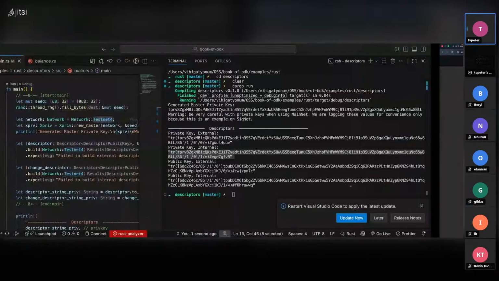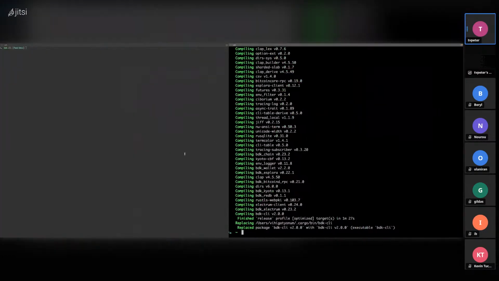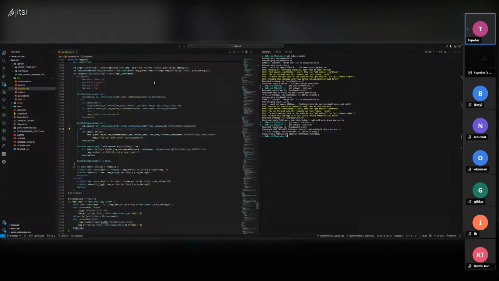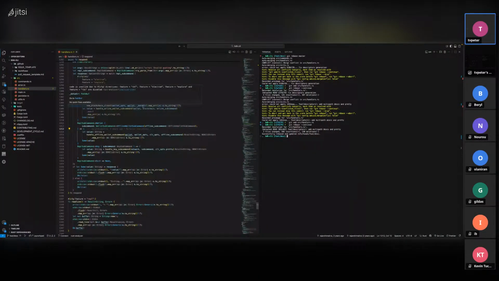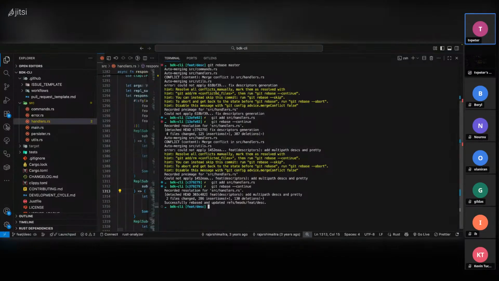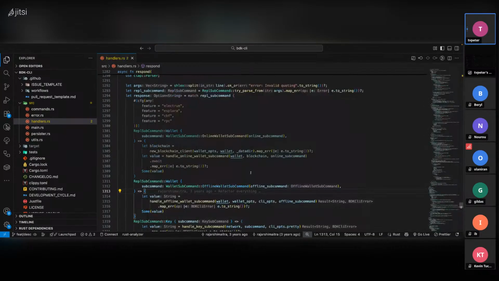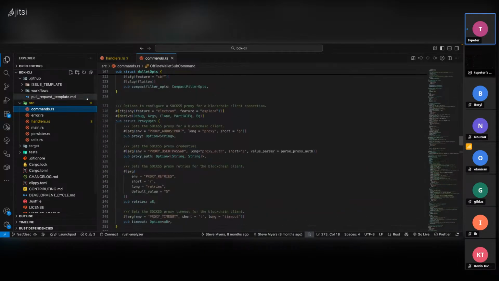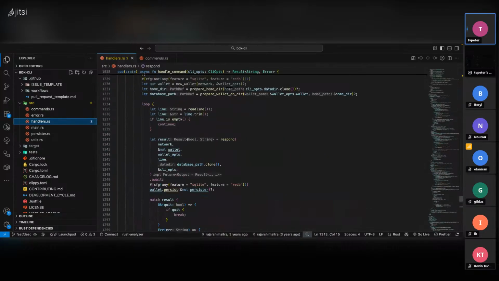And let's say you are looking at creating a wallet, right? You can just call a wallet command and it will create one, and you want to see how that is handled, how that is being done internally, because you want to build on this thing. How can I create a wallet? So when you type in a wallet command and you want it to create, that is actually done in the handlers. So you can come to